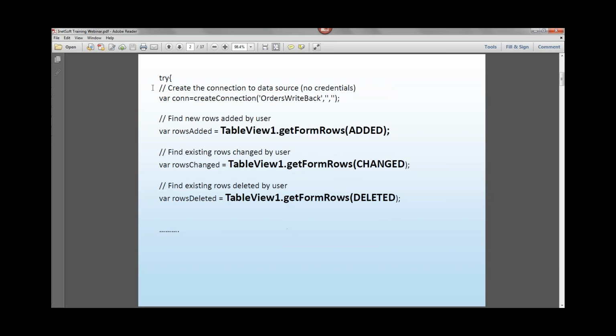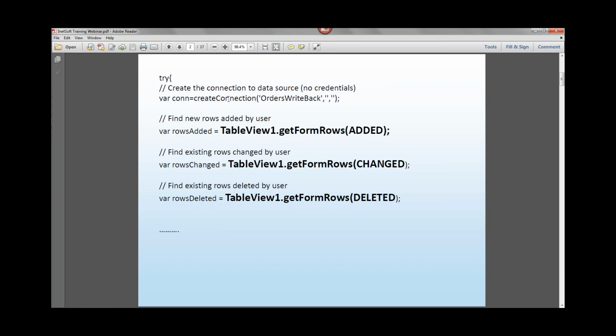So the way a typical script would begin, and again, this script is going to go on the submit button, is that first it creates a connection. All right, so you need to get a connection to an existing data source, right? And the data source that our sample dashboard is based on is a data source called orders writeback, right? That's just the data source that I created yesterday. So you need to know what data source you are writing back to. It has to be a data source that's formally set up on the server, right? So all the database drivers and everything need to be in place. I'm not going to go into all those details now, but that's pretty much the same as for any database that you would set up.